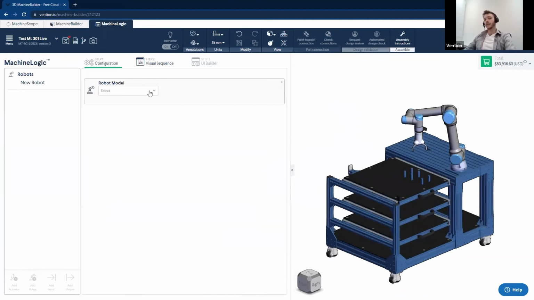Again, I will be highlighting some of the similarities between the robot path programming and standard Vention MachineLogic for Vention actuators, since they do share a lot of parallels. So once you click on Add Robot, you can select the model of robot that you have in your design. If you have multiple robots in your design, you can only program one of them at a time at the moment. So if you'd like to program multiple, it is recommended to split them up in different